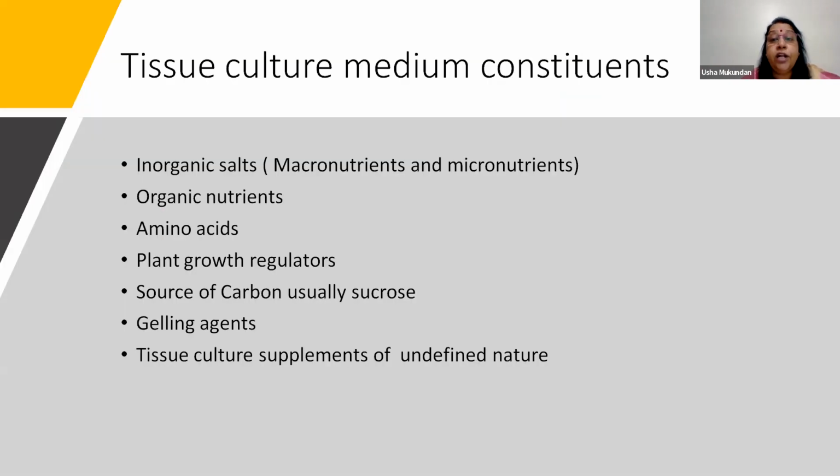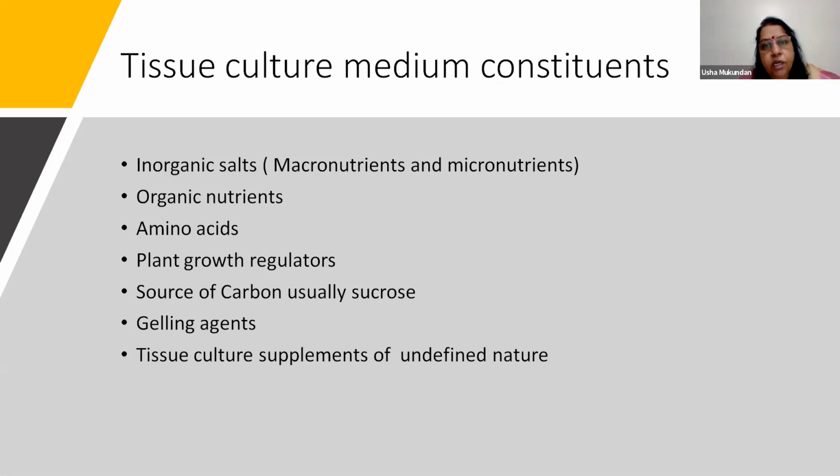Now, what does a tissue culture medium contain? Because the plant cells or explant material is growing in isolation, you have to provide everything. The type of nutrition, if I have to say just in one word, is heterotrophic, even though it is a plant. Why? You are providing ready-made media. And in an entire plant, there is division of labor.